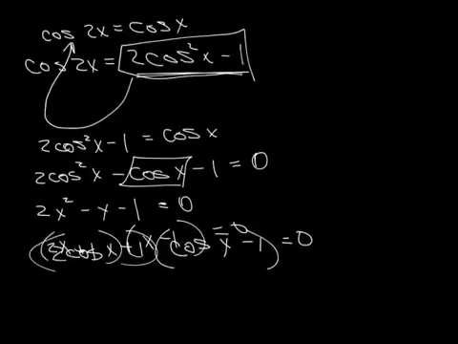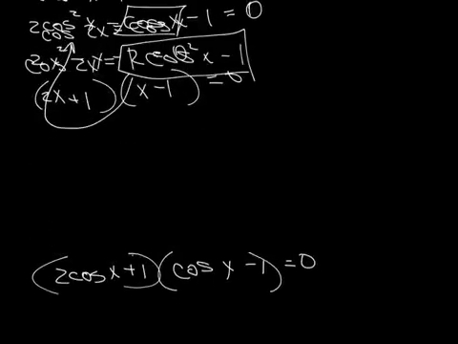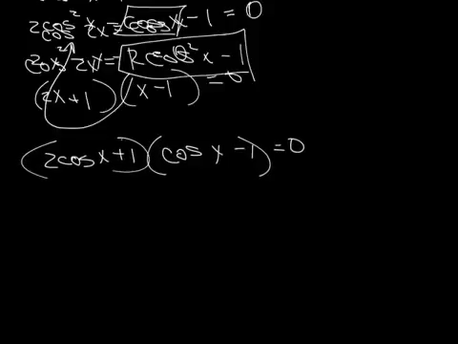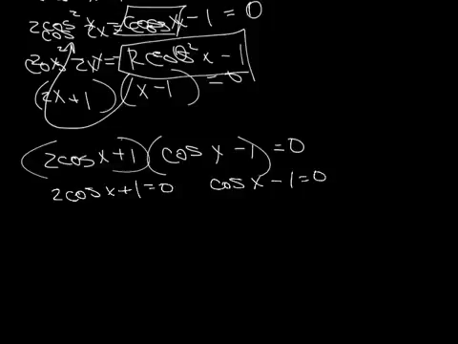There. That's better. Alright, so notice, I put my cosine back in and I got that, which kind of looks like a mess, but I know that this times this equals 0. So one of these parentheses has to be equal to 0. So either that or that equals 0. So 2 cosine